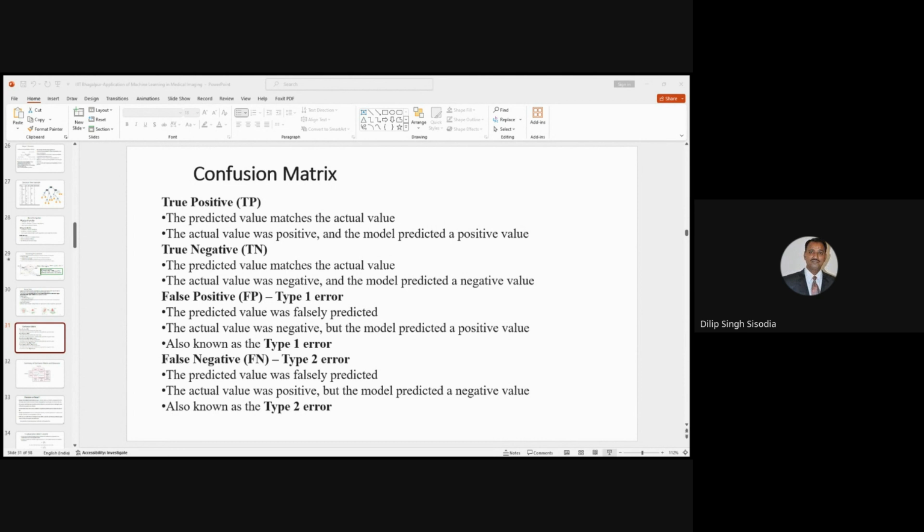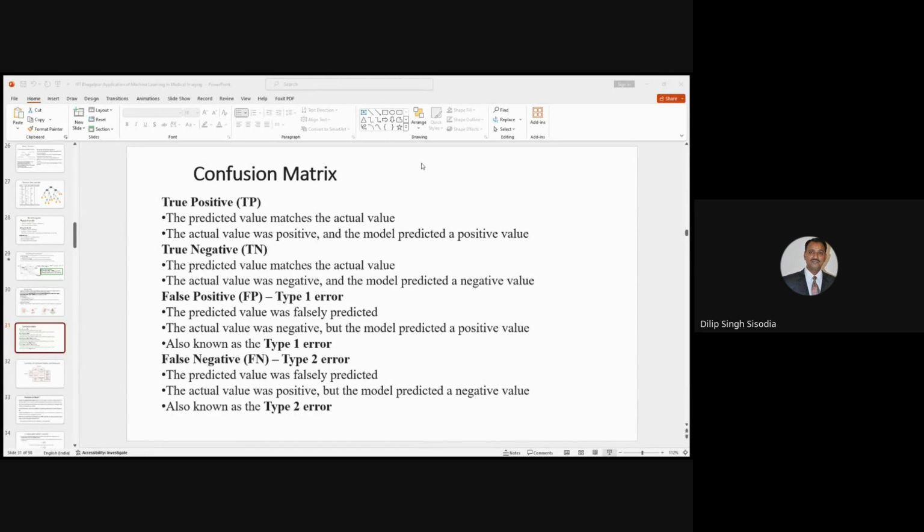On the basis of this, this will be the confusion matrix, with actual class and predicted class. Don't try to remember this, okay? You have to derive it logically: actual is positive and predicted is positive, both positive, then true positive. Actual is positive, predicted is negative, then it's a false negative. If actual is negative, predicted is positive, then false positive. Actual is negative and predicted is negative, then true negative. On the basis of these 4 elements of the confusion matrix, TP, FP, TN, FN, we can derive